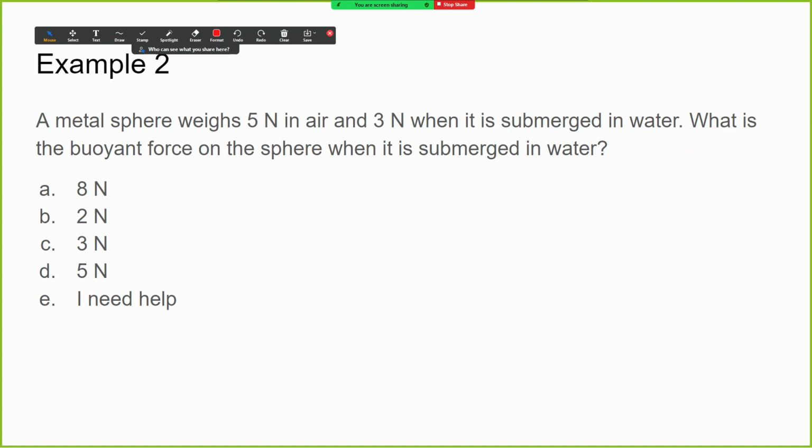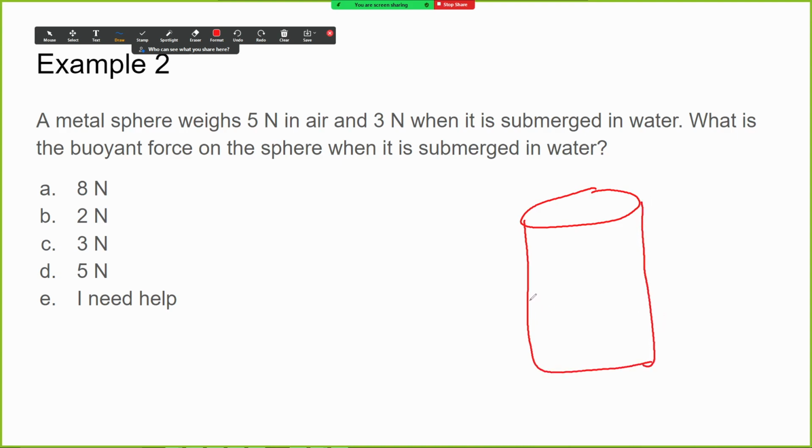A metal sphere weighs 5 newtons in air and 3 newtons when it is submerged in water. What is the buoyant force on the sphere when it is submerged in water? This should be pretty straightforward, but I'm going to draw it for you just so we have a picture here. So if I look at this, I say, okay, let's say I have some container of water, right? And I have,